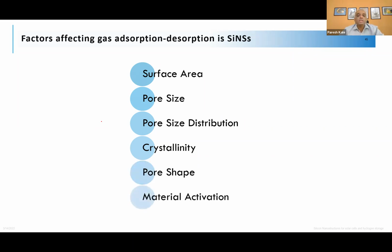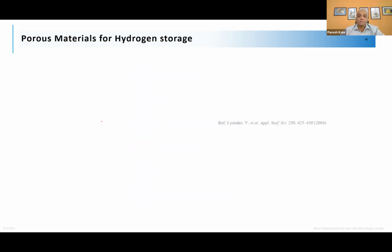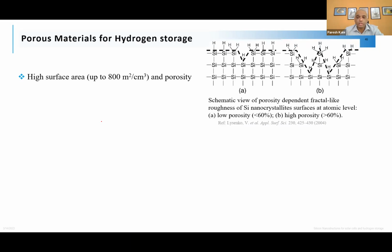Then pore shapes and material activation. So for material activation also, we need to remove all the organic materials, moisture and everything. For that, material activation should happen at a low temperature. So perhaps we can add some catalyst and decrease these temperatures. So how this porous material, how these properties can be exploited, that is what I'm going to explore in